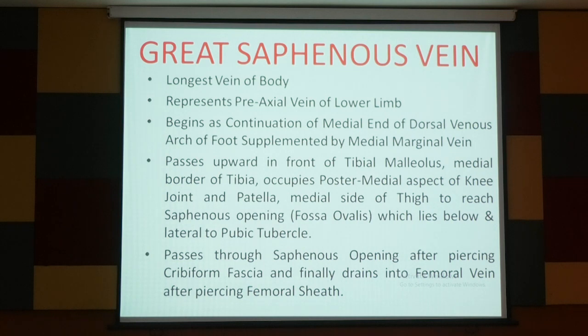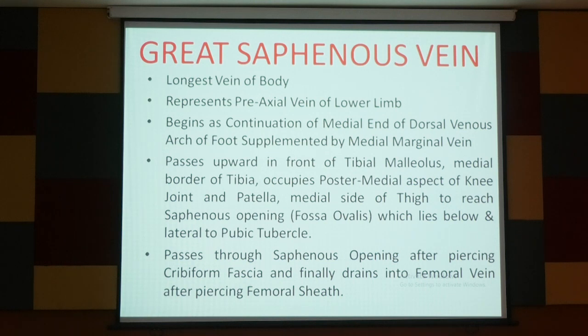Now, the great saphenous vein, the longest vein of the body, represents the preaxial vein of the lower limb. It begins as a continuation of the medial end of the dorsal venous arch of the foot, supplemented by the medial marginal vein. You can see your own foot when you go to the hostel; you tie a tourniquet